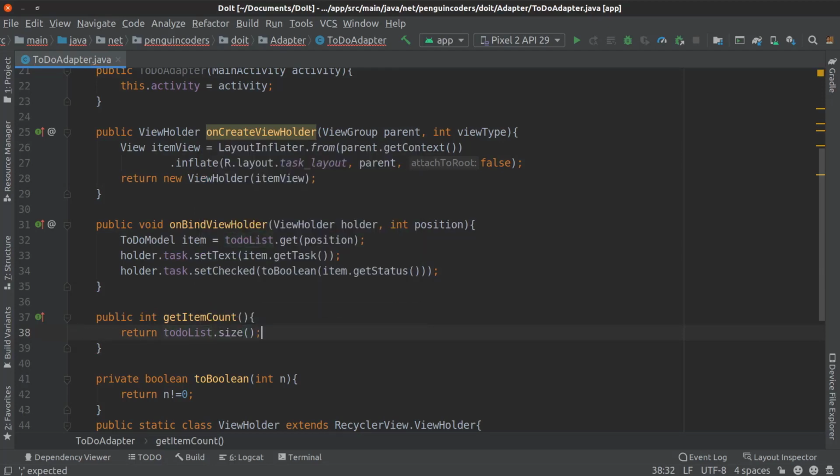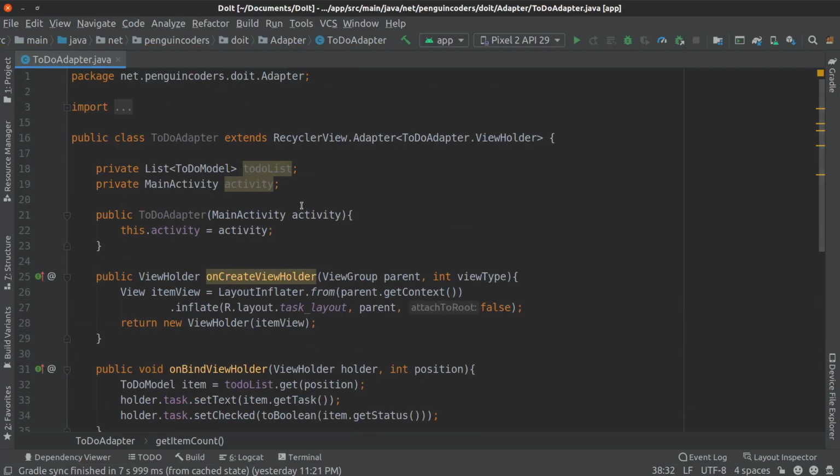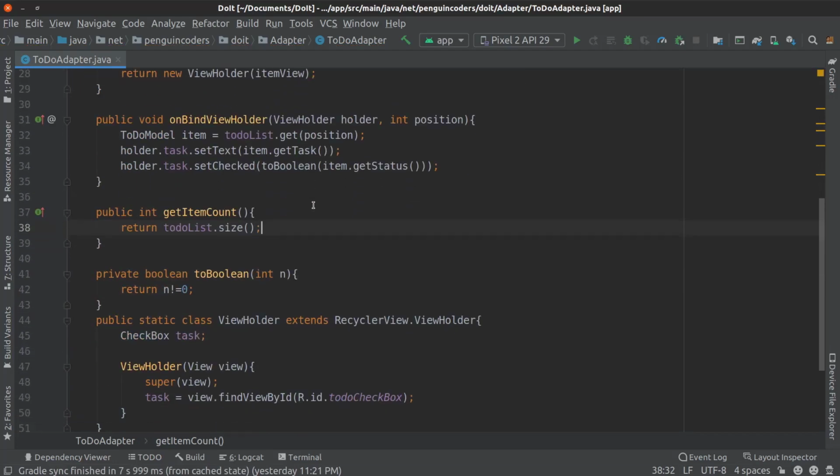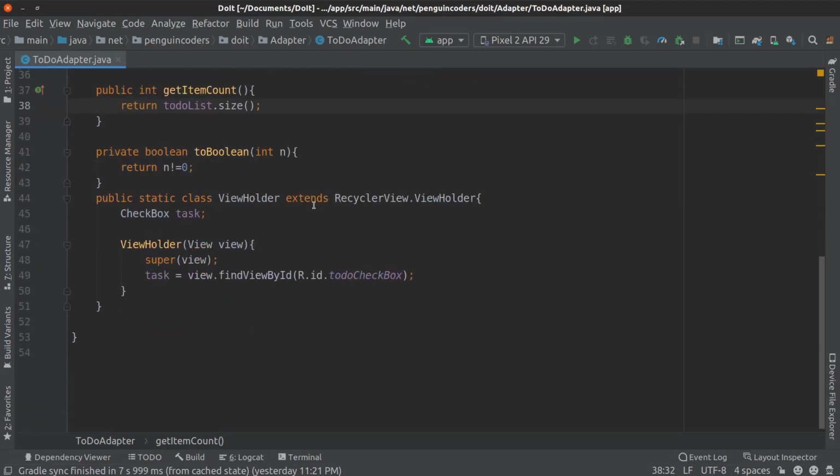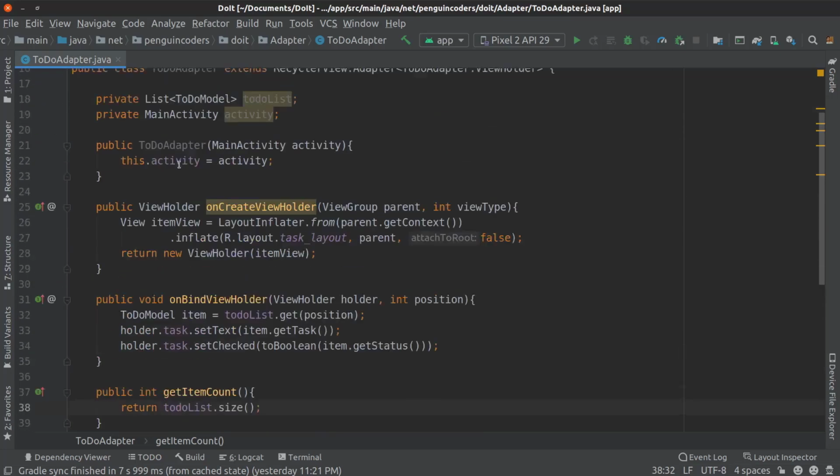So to do list dot size. So this completes our recycler view adapter, so that we can display some dummy data as of now on the recycler view. As we proceed in the tutorial, we will be implementing other functions also, so that we can implement the actual task of adding, deleting, and updating the task in a layout.